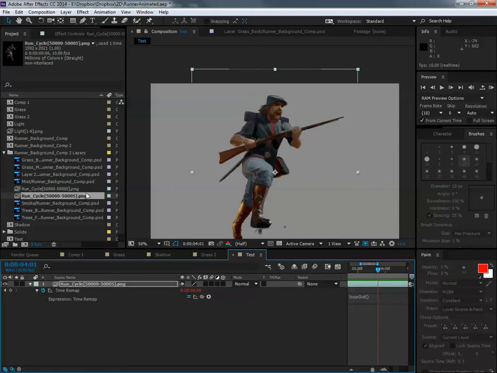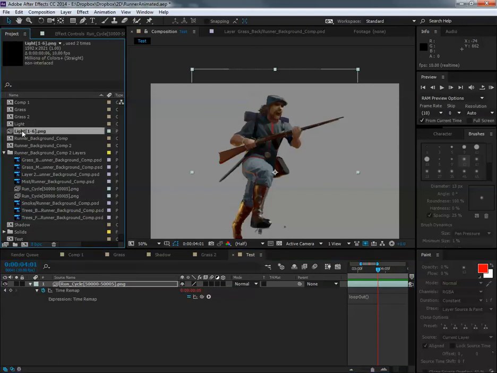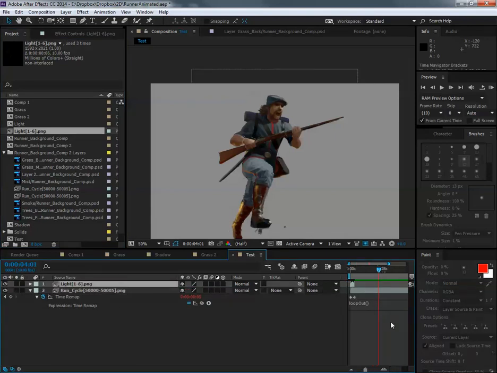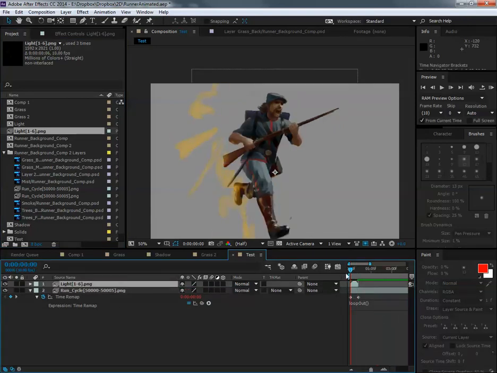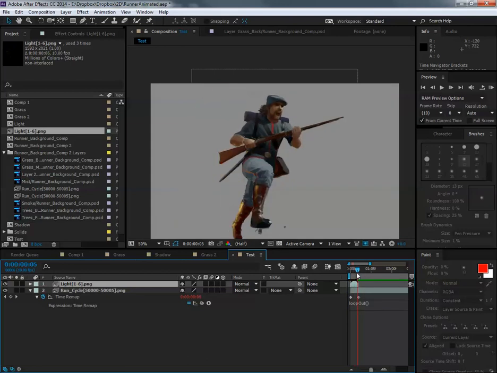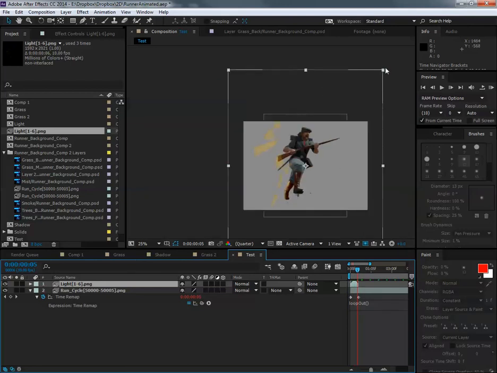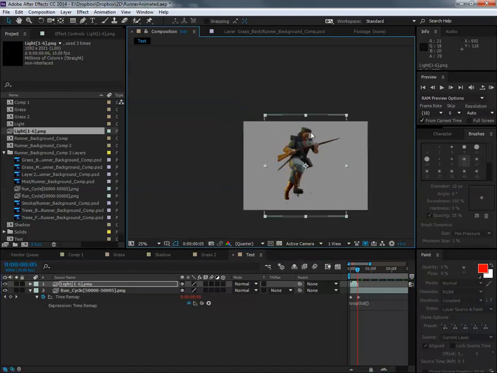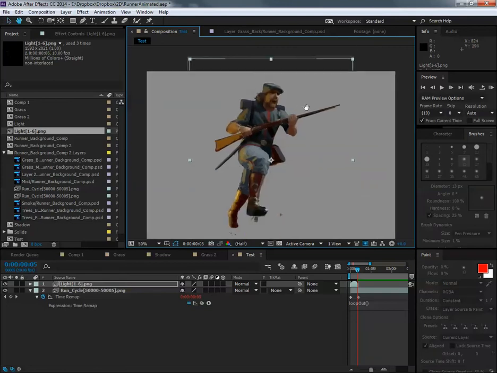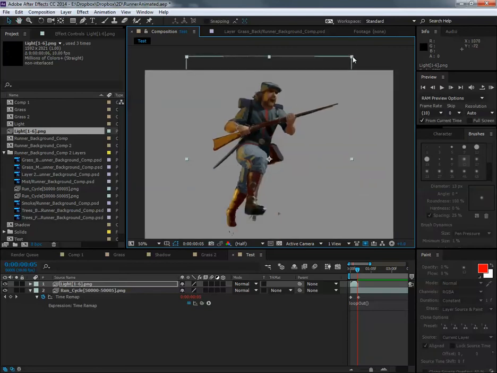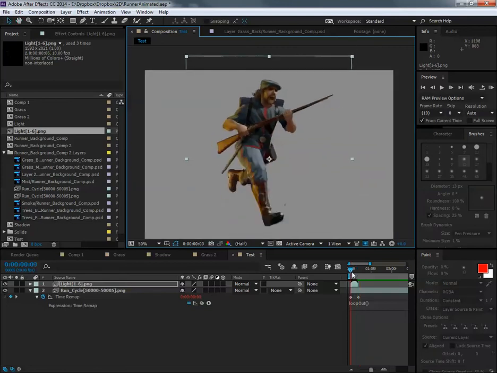The other thing that I did was I've got the light which I want to add to him, as I mentioned before. Now this may have the loop applied to it. Let's see if it has. No, it hasn't, so that's quite handy. So this light, I'll just need to line it up properly. I think the pivot is in exactly the same place, so I'll just move that to there. This is my light here,